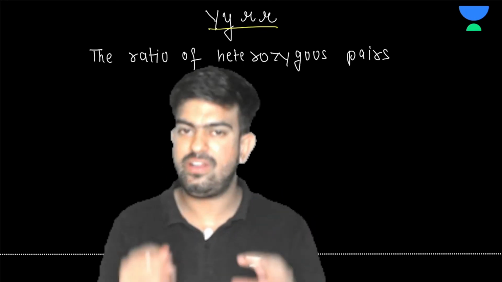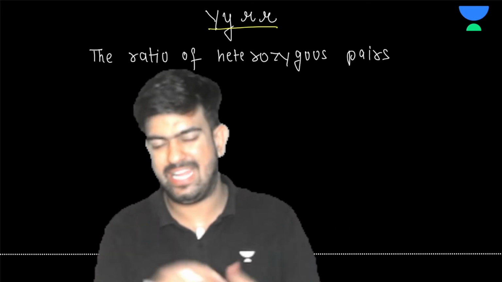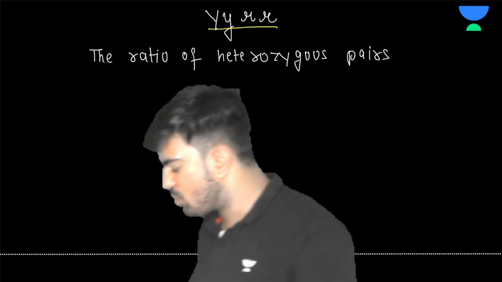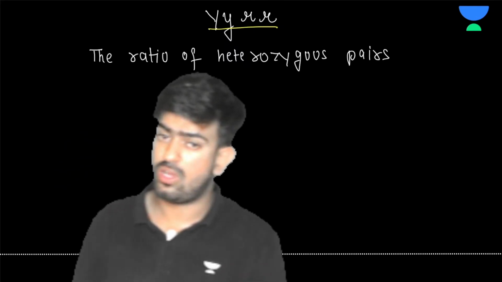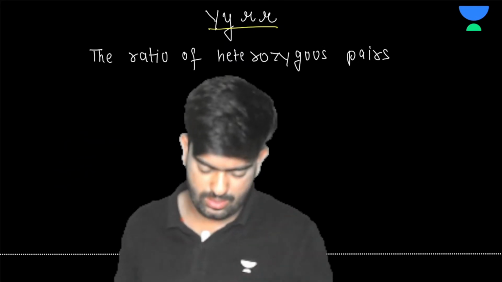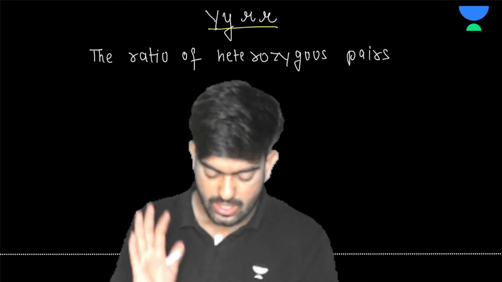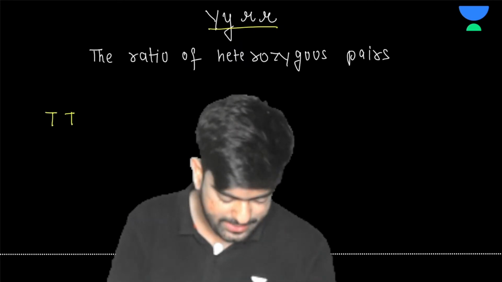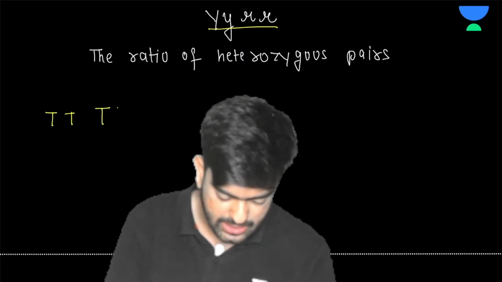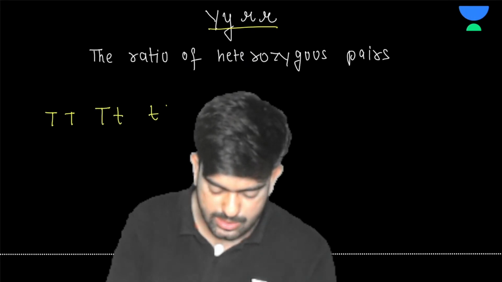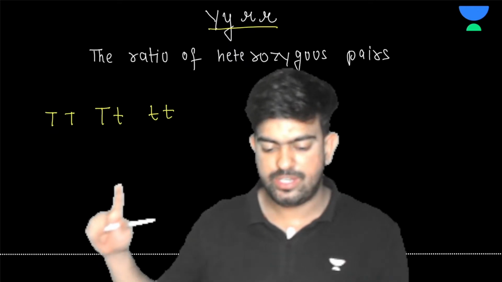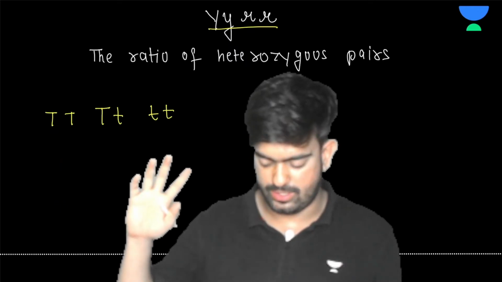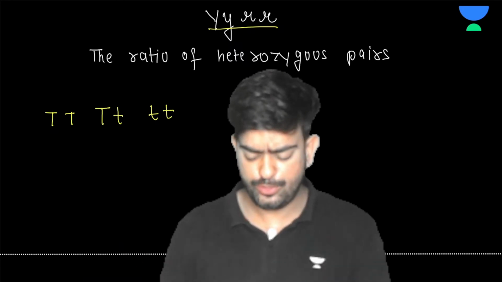Okay, we have a character which is a dihybrid thing, but let's not solve it with the dihybrid thing. Let's solve it with the monohybrid thing only. So, suppose we were dealing with the monohybrid thing, capital T capital T, capital T small t, and small t small t. Then you would have said that,